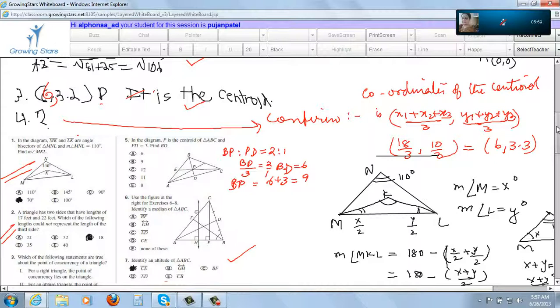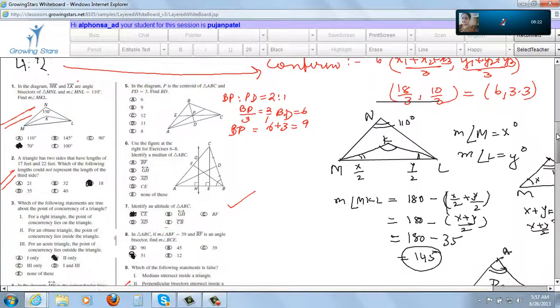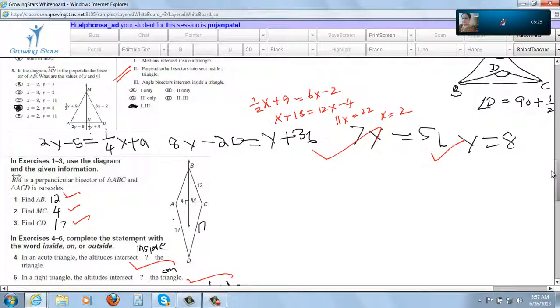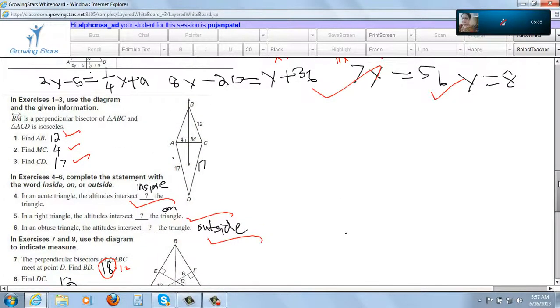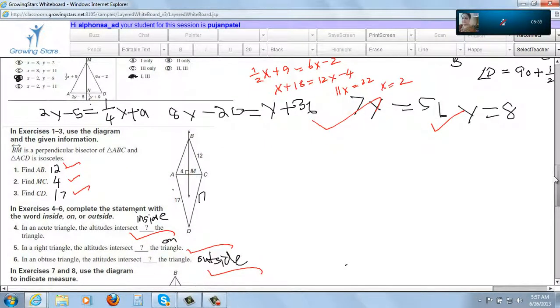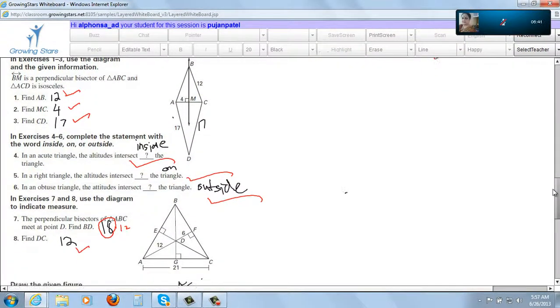But it's always good to remember in such a situation, when you have a triangle ABC, and we have the internal bisectors, then angle D will always be 90 plus half of angle A. You can remember it like a formula. Here also it works, isn't it? 90 plus half of 110, 90 plus 55 is 145. So if you get a question like this, and if you can remember this, you can go for the answer straight away.